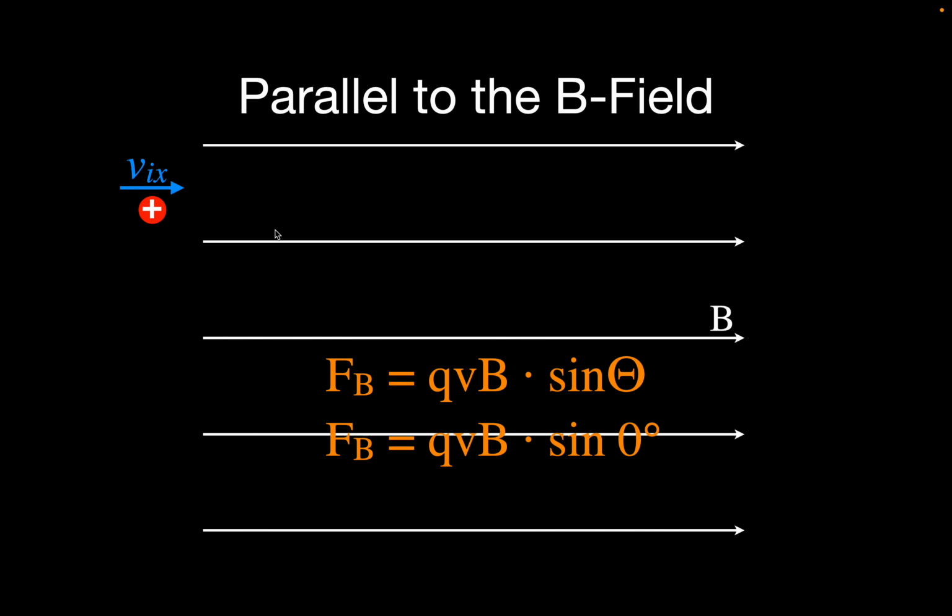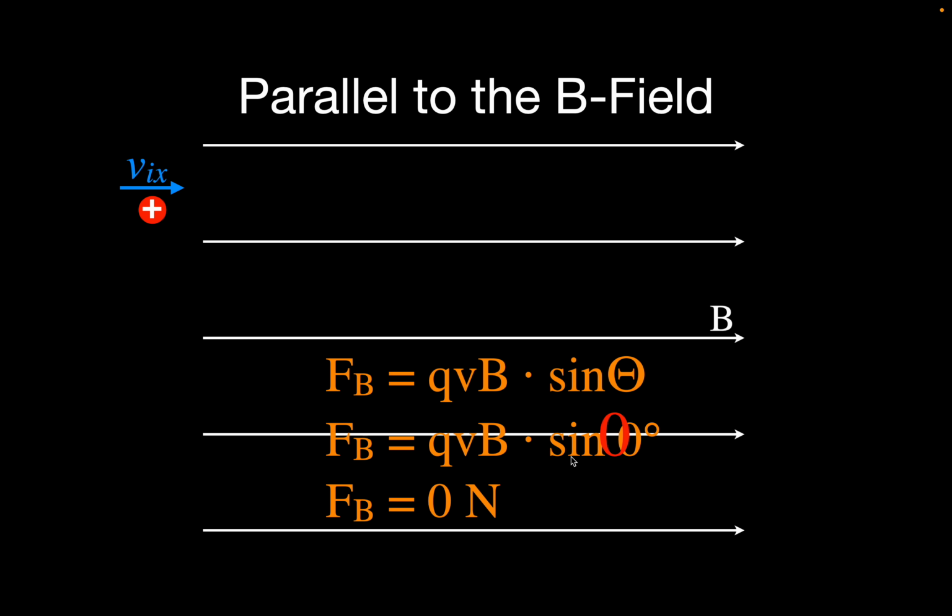So that angle is 0 degrees. So now it's Q times V times B times the sine of 0. Well, what is the sine of 0? The sine of 0 degrees is 0. And therefore, when we have Q times V times B times 0, we get that there's no force, 0 newtons of force acting on that particle